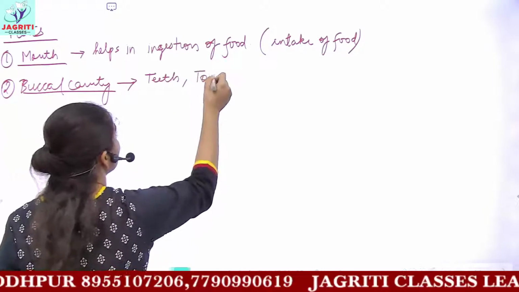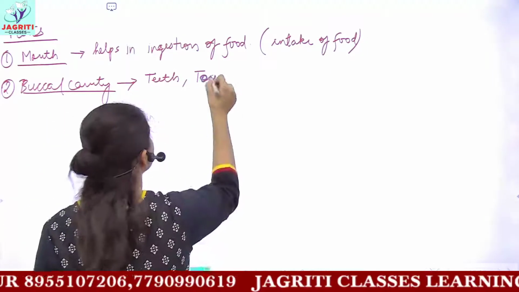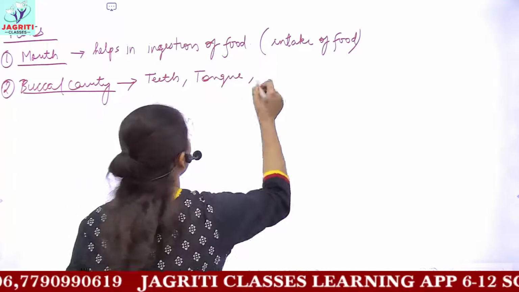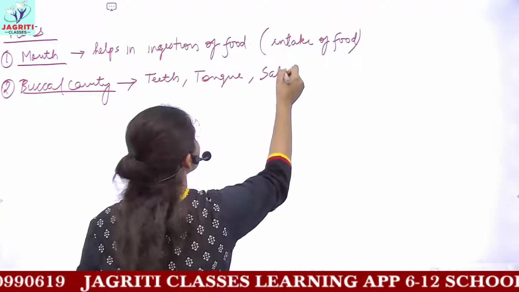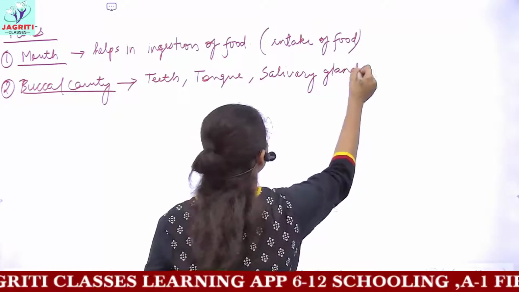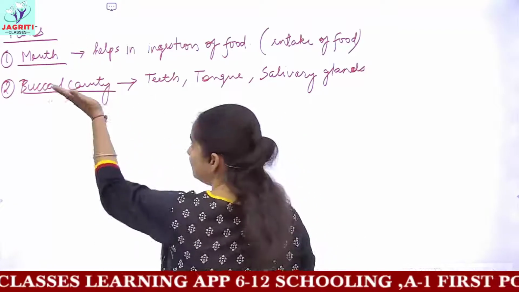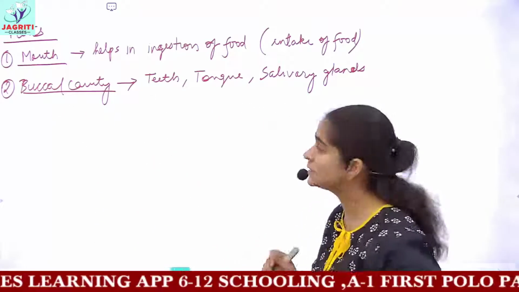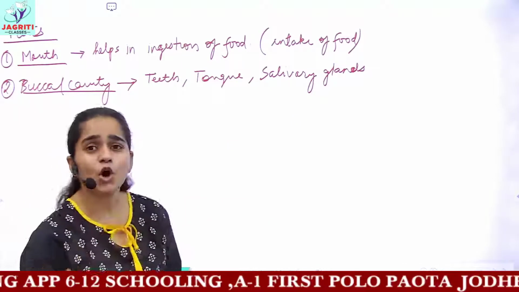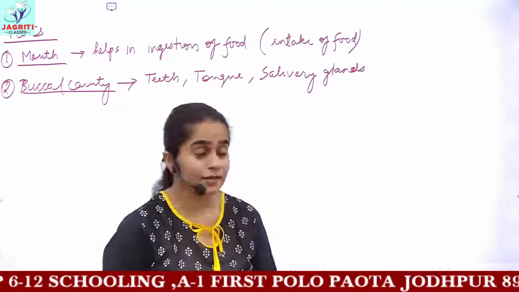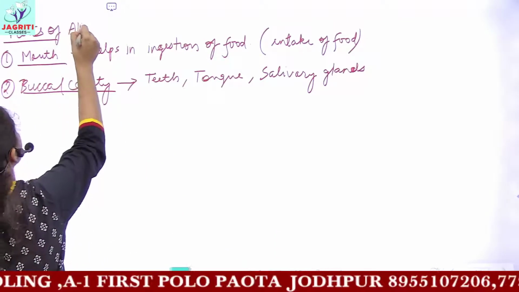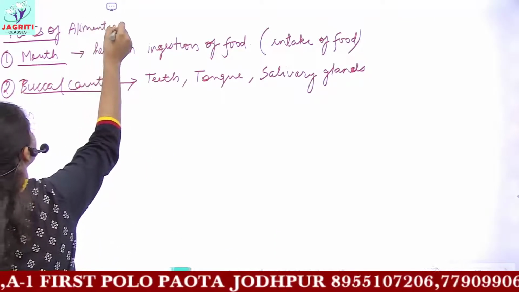Then you have your tongue, and then you have some glands, that is salivary glands, present in the mouth. So we will be discussing one by one the different parts of our digestive system, the human digestive system, and this human digestive system can be called your alimentary canal. So we are discussing the parts of the alimentary canal,